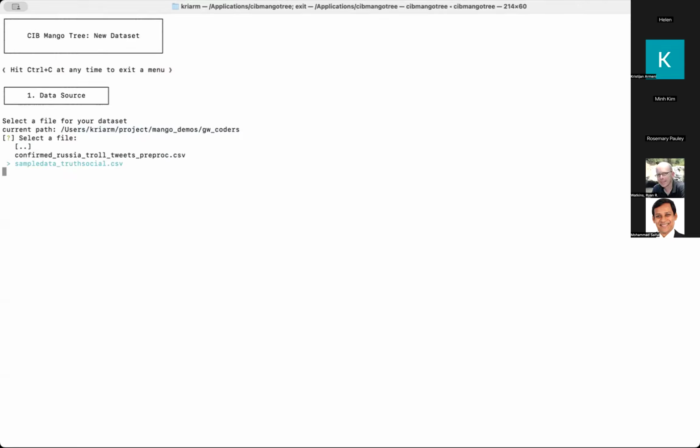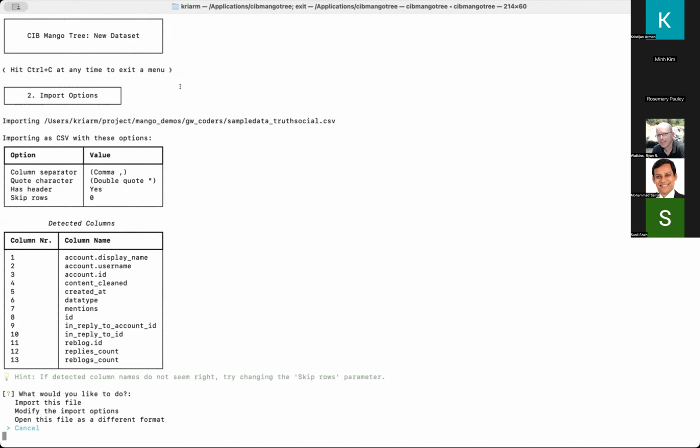Okay, so this is a comma separated file. I'm going to click yes, this is good. And we're in the import options screen now. So you see how it goes. You go to the next step, there's a new screen. You see it's terminal, but we're trying to make it nice, with these little tables trying to be nicely formatted. So this is now the importing part of it.